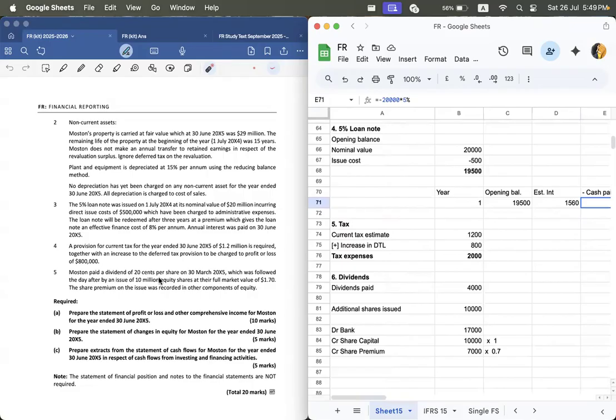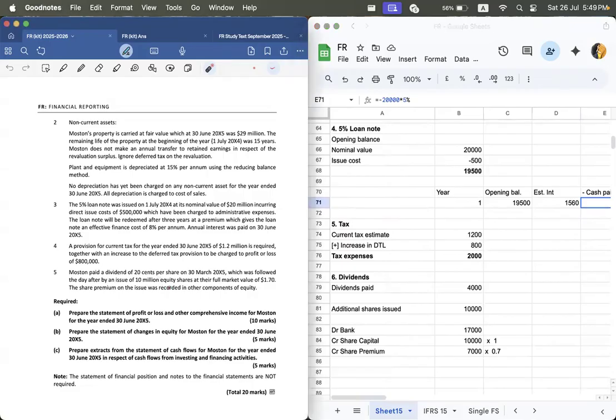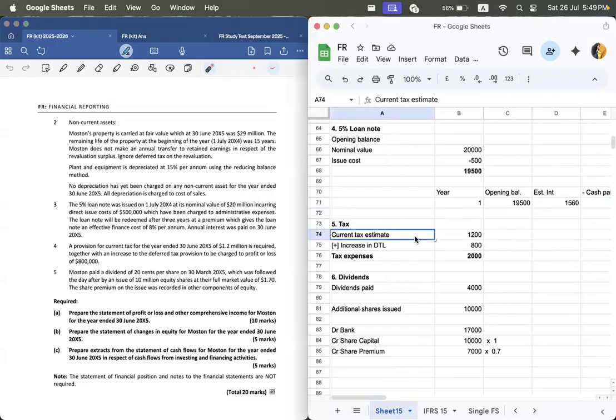Now the tax part is relatively simple. You don't have to create the detailed schedule. It is just this schedule that you need. That is the current tax estimate plus the increase in deferred tax would give you the tax expense for the year. That should be taken in SOPL. Clear? Now, the last working, that is of dividend, they have already told you the dividend was paid before